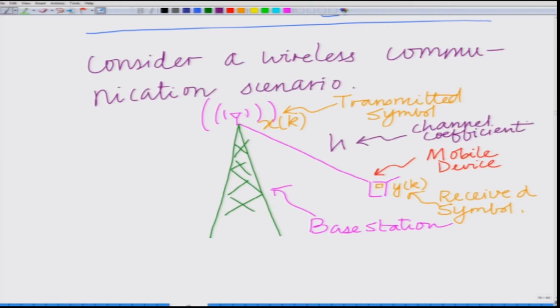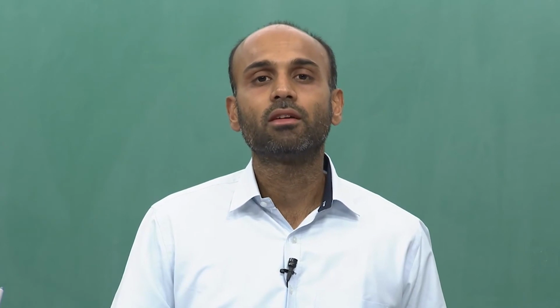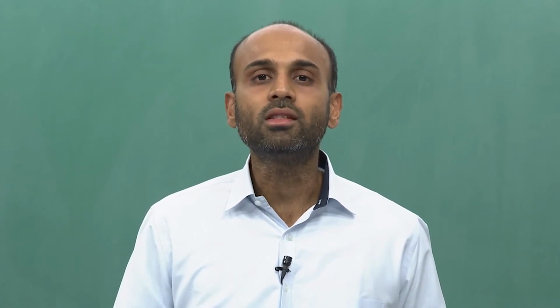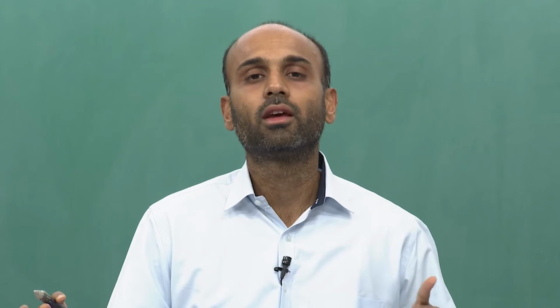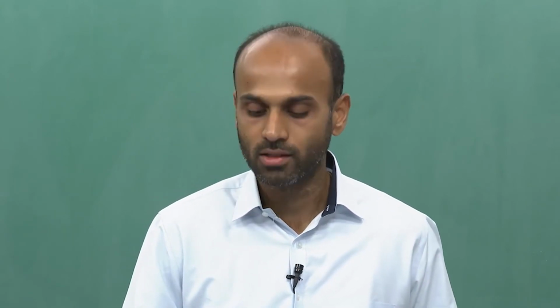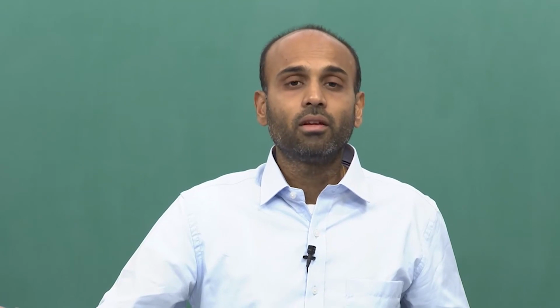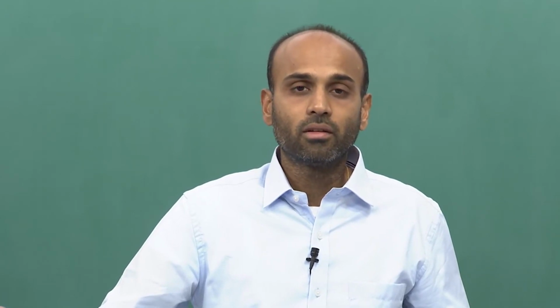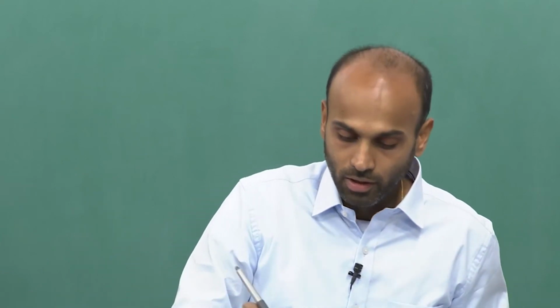So xk is the transmitted symbol that traverses this radio channel, characterized by the channel coefficient h, and the corresponding received symbol is given by yk. Therefore, this input output model, where the input is the transmitted symbol and the output is the received symbol, can be modeled as follows. For wireless MMSE channel estimation, we have the model